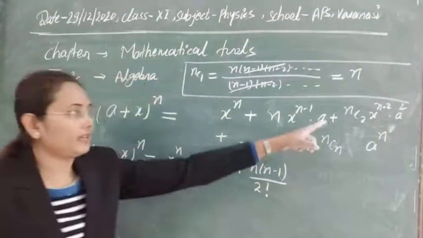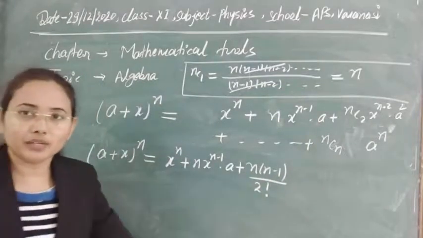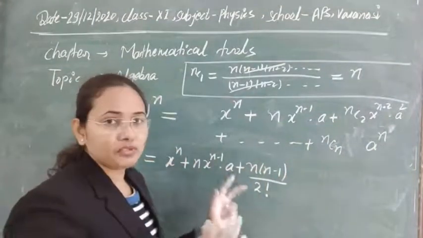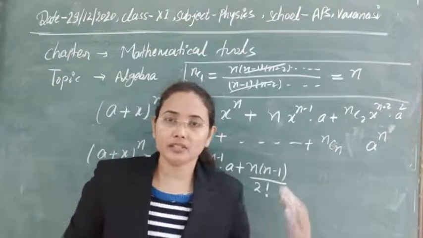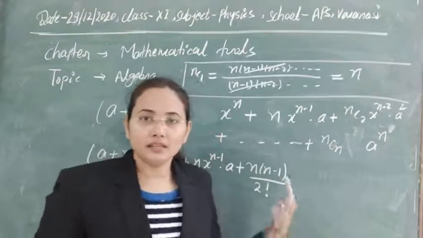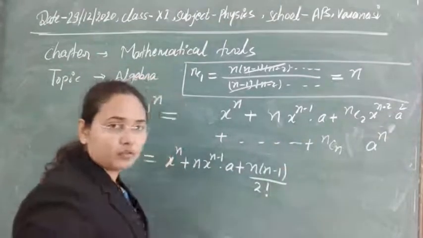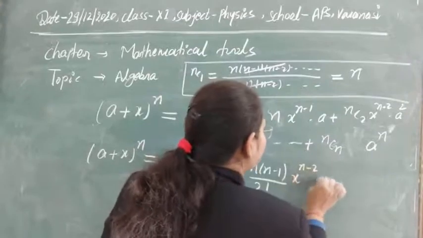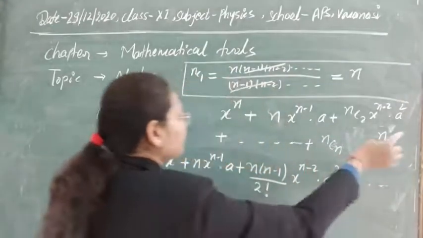If you solve nC2, you will get factorial 2 also. You can see it by yourself here. Just solve it the way I have told you, in the expanded way of solving combinations. So I think now there is no problem while solving nC2. Try to solve it, students. So nC2 gives x to the power n minus 2, a square.